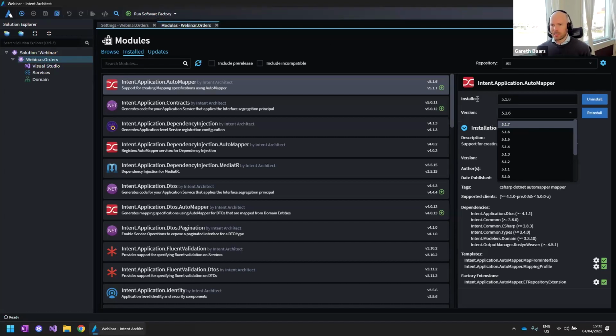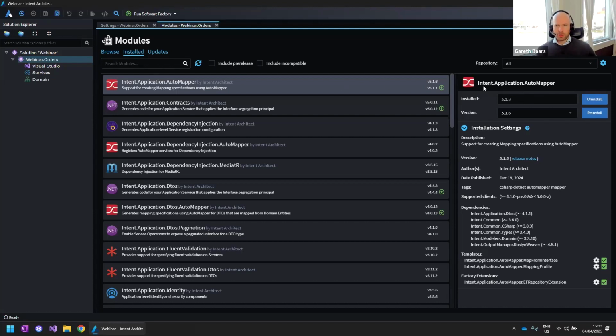The other thing that you guys will notice here is that we can also remove patterns. So a team could realize, geez, automapper is actually quite inefficient. We should be using direct mappings, or we should be using something like Mapster. We can remove patterns at any stage during the life cycle of the development. So even years in, we could say, well, let's get rid of automapper and swap it out for something else. I did hear that Jimmy Bogart was thinking about commercializing some of his frameworks. That wouldn't be a problem from an Intent Architect perspective, because we'd be able to swap most of that out in just a few minutes.